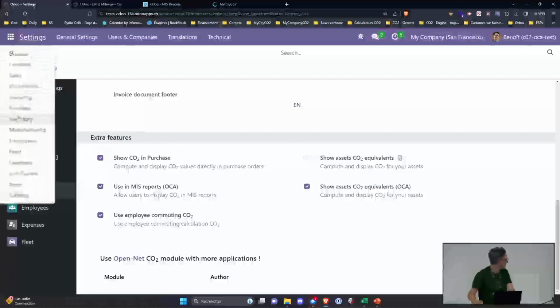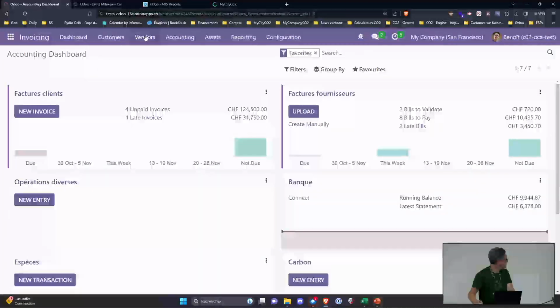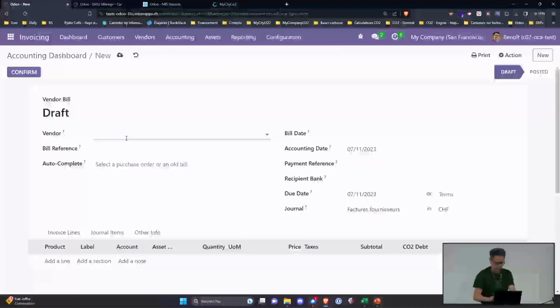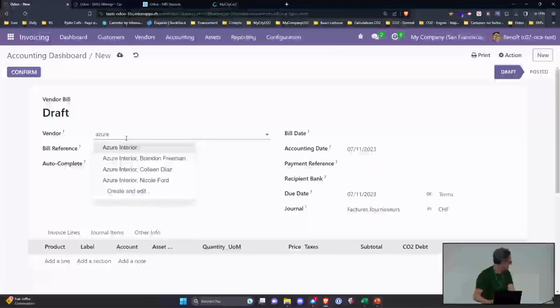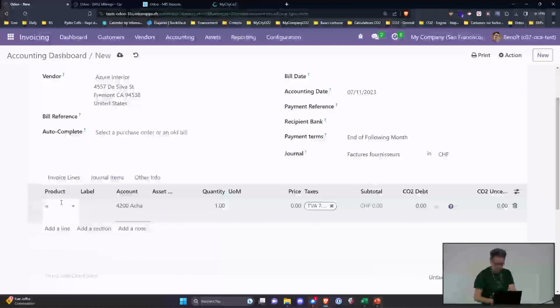Let me create an invoice. We will say that we have purchased electricity. You remember, just before, we set up this product.